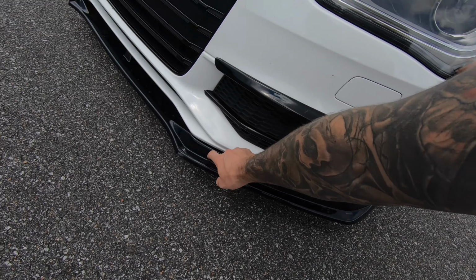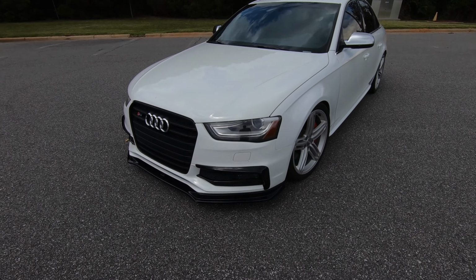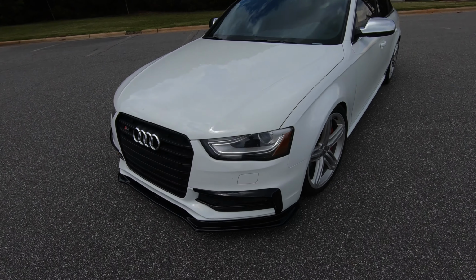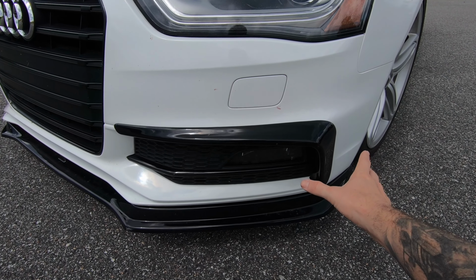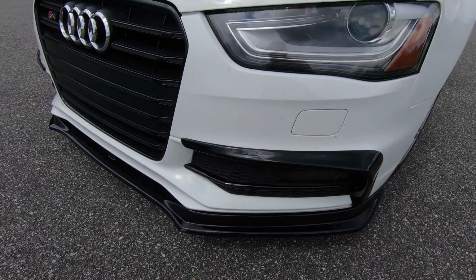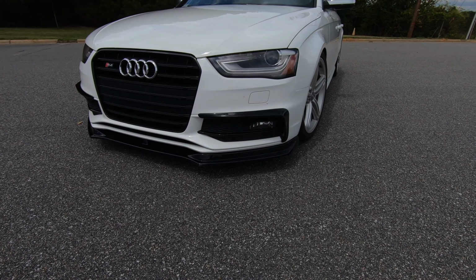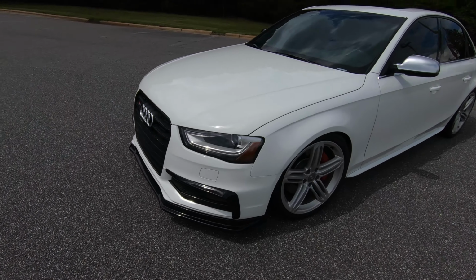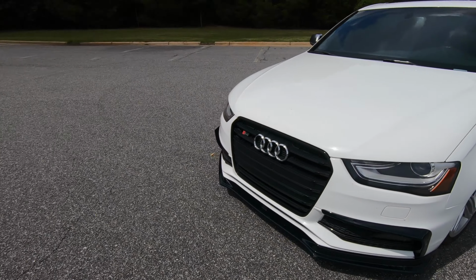Highly recommend this guy right here. I mean, it's almost like an OE look. These things I just had them put on, or I put them on myself probably about 2 weeks ago, maybe. Actually, it hasn't even been 2 weeks, and I'm still unsure. It looks like a raised eyebrow kind of, so I might actually take these off. I'm not 100% sure, but